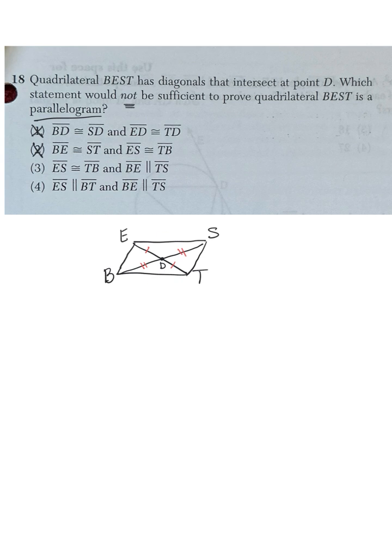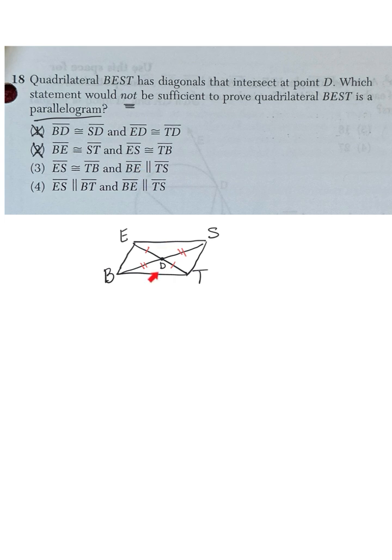Then it says BE is parallel to TS. Now, listen, that is true. But to prove something's a parallelogram, you would have to pick a set of sides that are equal to each other. So let's look at these two, ES and TB. But then, if you wanted to go with this whole parallel thought, you would also have to say ES